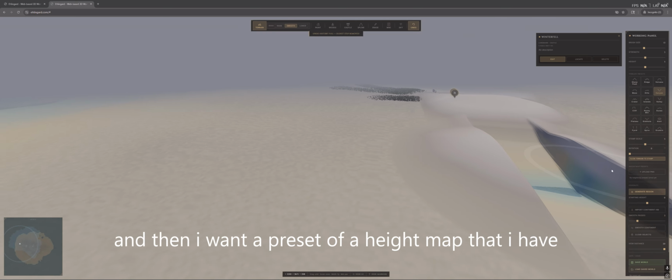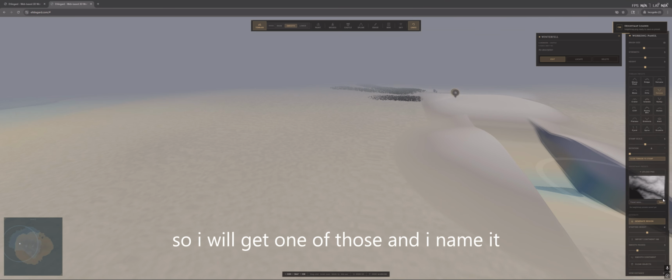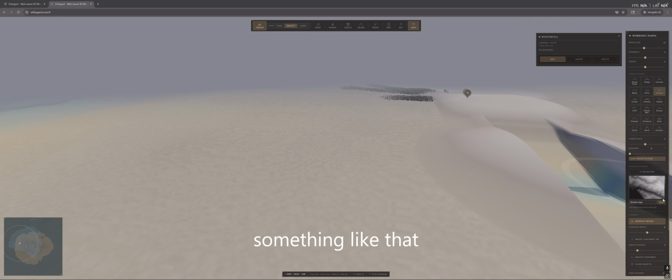And then I want a preset of a height map that I have. So I will get one of those and I name it. I'm going to call it maybe mountain range. I don't know, something like that. There's a typo, it doesn't matter. Save it,